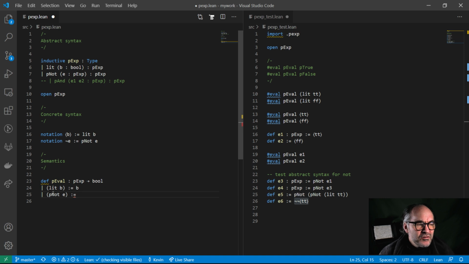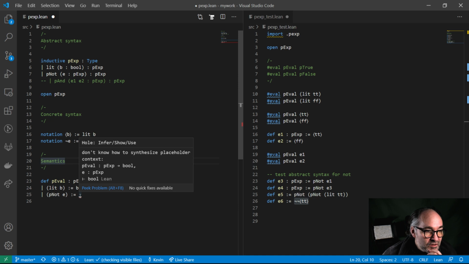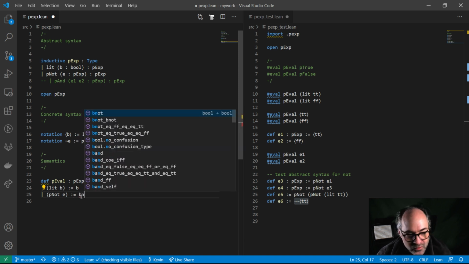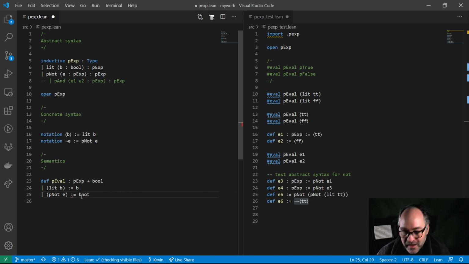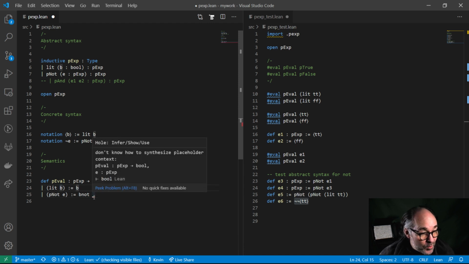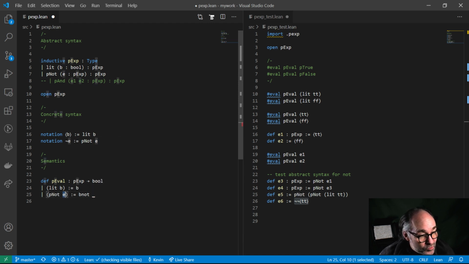well, what are we going to do? What do we need to return? Clearly here we need to return some value of type bool. Let's suppose that E is lit true. Well, lit true means true, and we want not applied to true to mean false. Okay, so there it is. There's the idea. What we need to do is apply B naught, the Boolean operator for negation, to some Boolean value. And the Boolean value that we want to apply B naught to is the result of